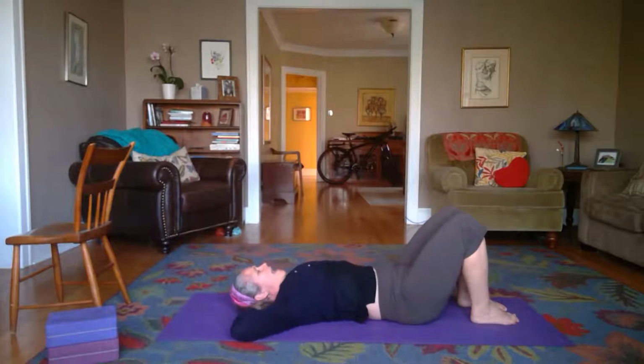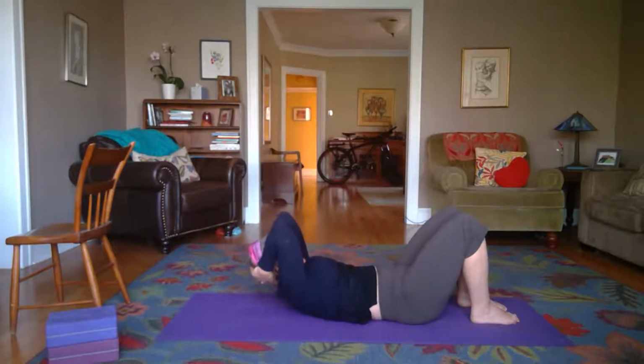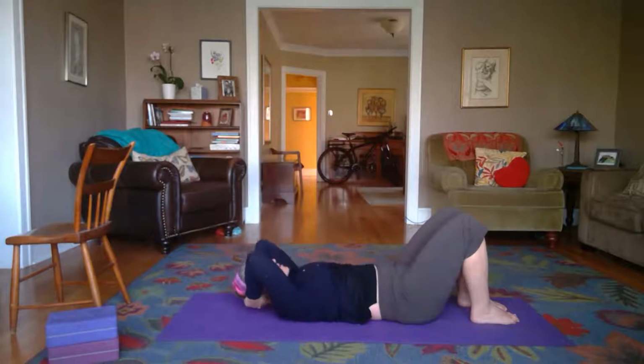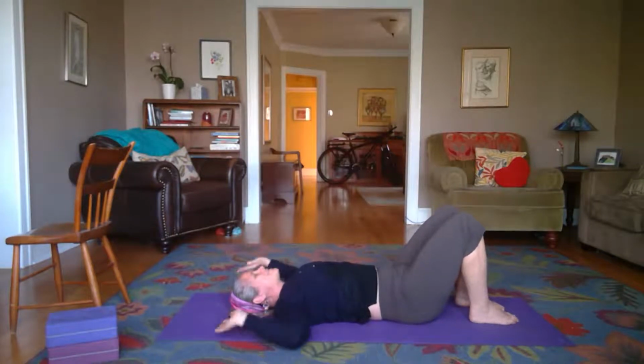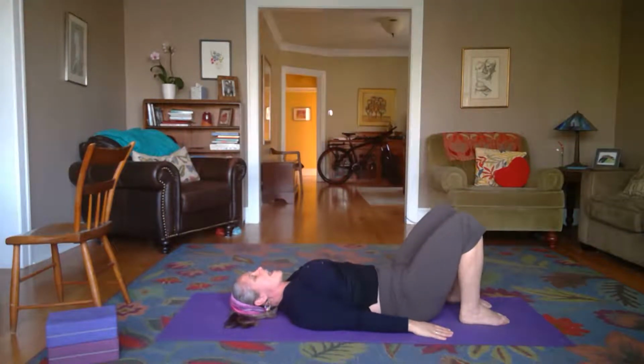One more. Exhale, squeeze your elbows, lift your elbows up towards the ceiling, belly button dropping down towards the floor because we're exhaling. Inhale, slowly lower down. Nice, good work. All right, so we're gonna slide those hands back alongside of our bodies, push your feet through the floor, and we're gonna do the coordinated action again with our arms and our legs, but this time in